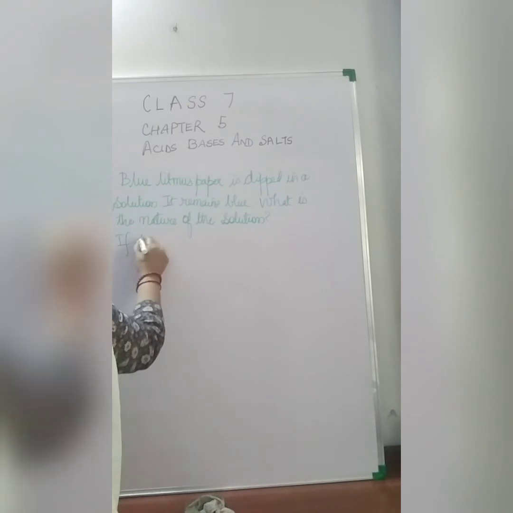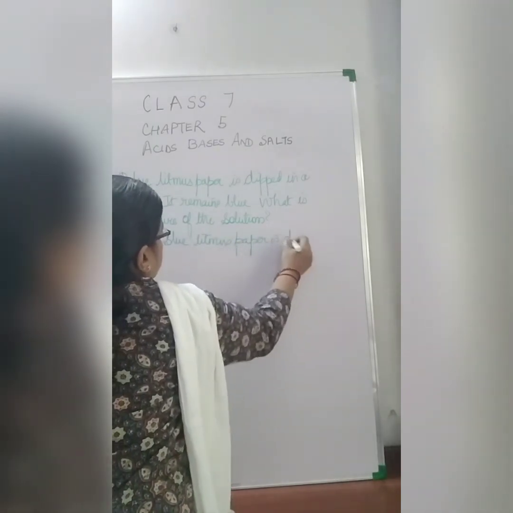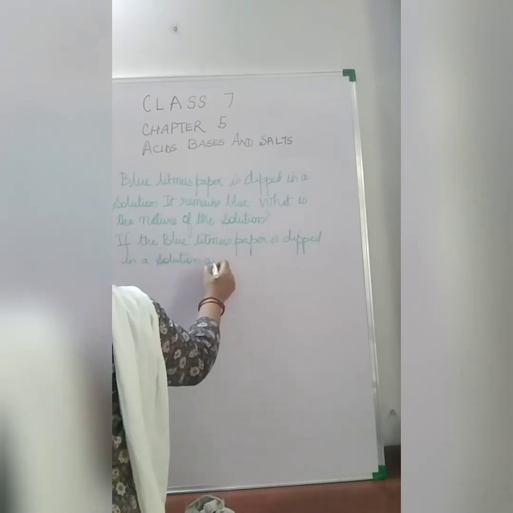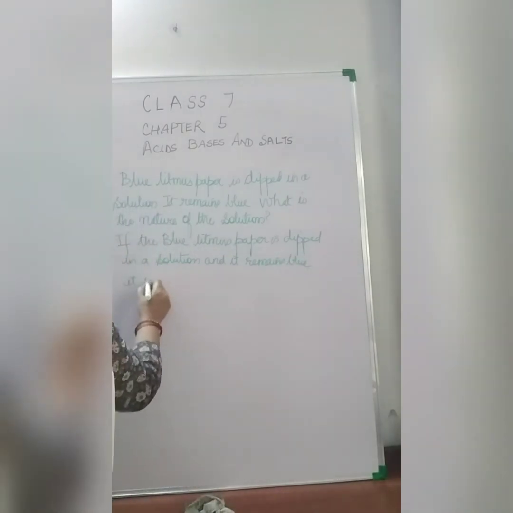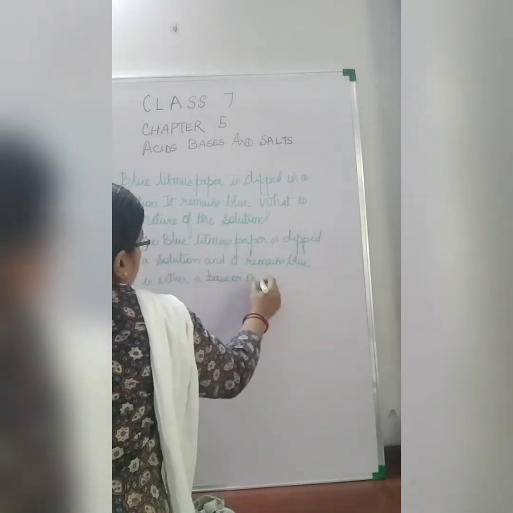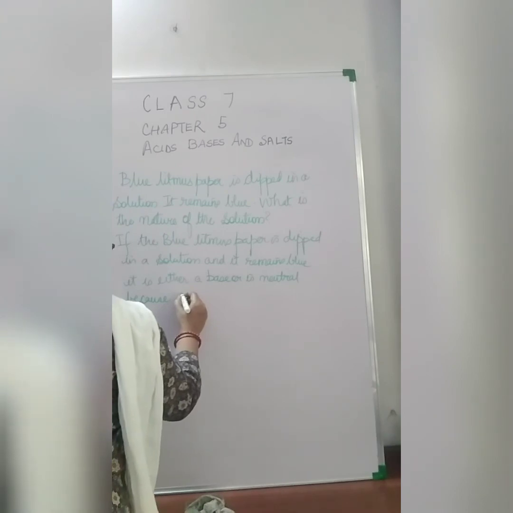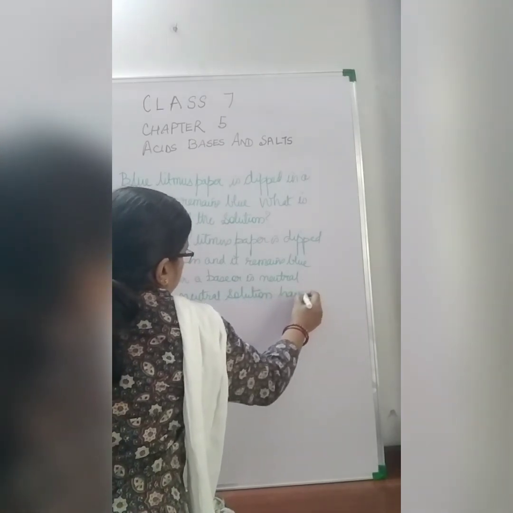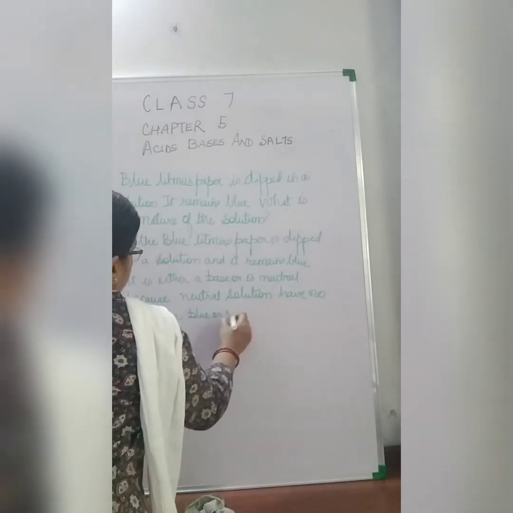What is the nature of the solution? If the blue litmus paper is dipped in a solution and it remains blue, it is either a base or is neutral, because neutral solutions have no effect on blue or red litmus paper,